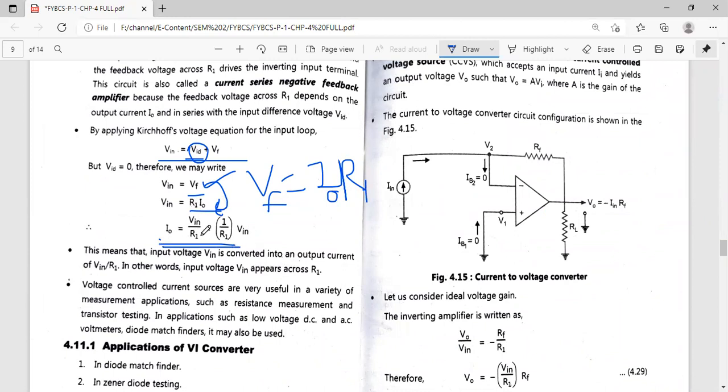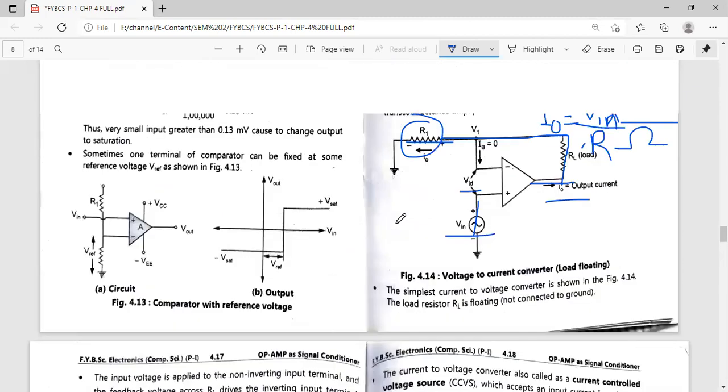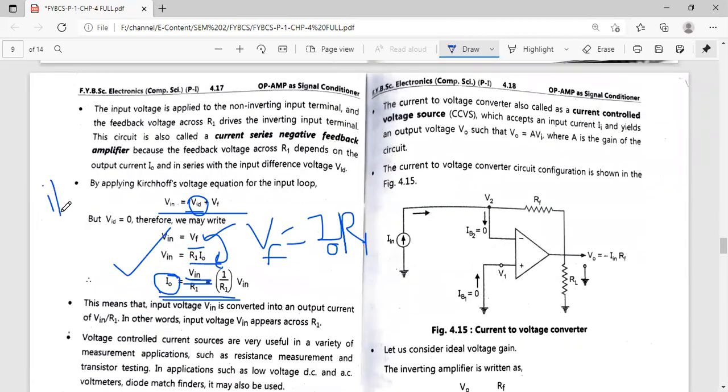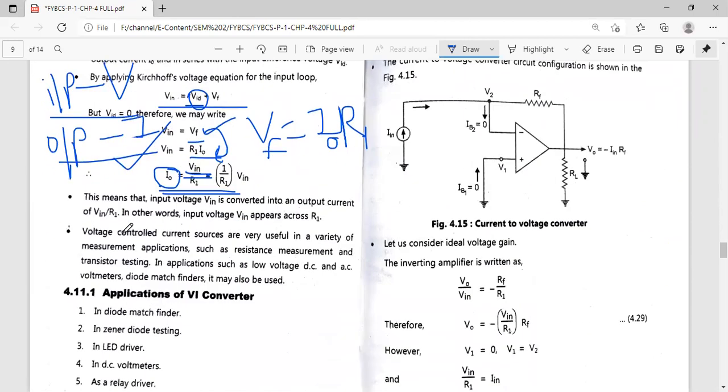Now this implies that output current is nothing but a function of input voltage. So voltage to current conversion is done. Input voltage and output current. Now this is the aim of our circuit. We want to convert voltage into current. So what does that mean? Your input should be voltage, right? And your output should be current. So this is what we are having. I0, that means I out. Output is your current and V in, in means input. Input voltage is your input. So this is your voltage to current converter circuit, right?